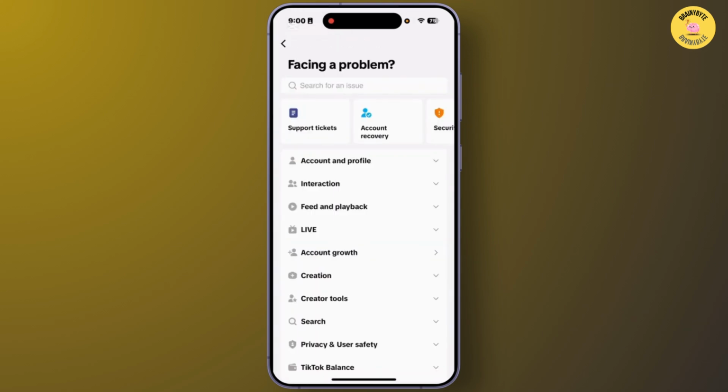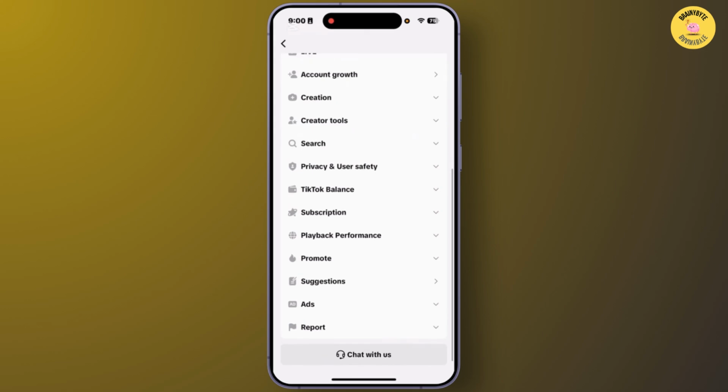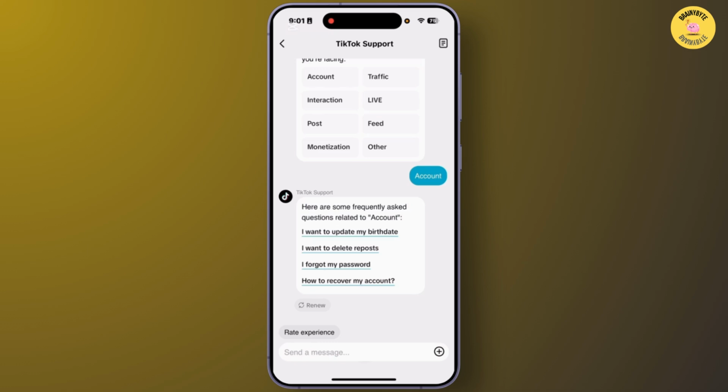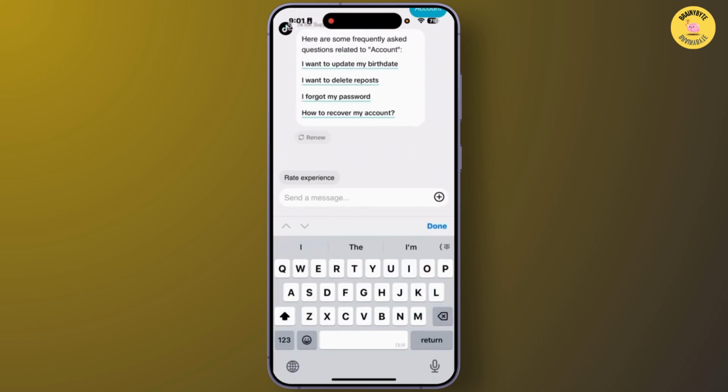From this section, you'll have to scroll down and tap on the option Chat with us. From the TikTok support section, you'll have to go to the option Account. And from this section, you'll have to come to the Send message section, and from there, you'll have